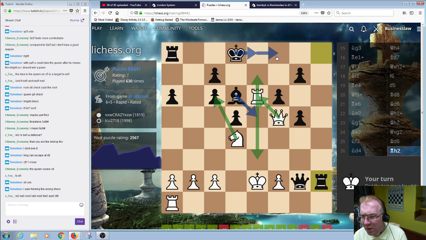Then the queen can check. King runs. Check. Actually, the rook would have to take at that point. Because you can't leave this here. So here, there, there. King runs. Knight takes, take, and then rook comes up and takes. And I believe we're